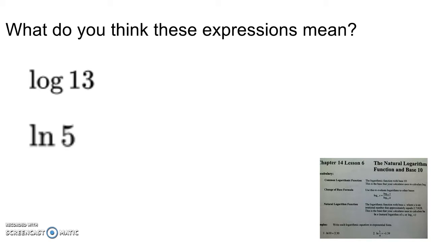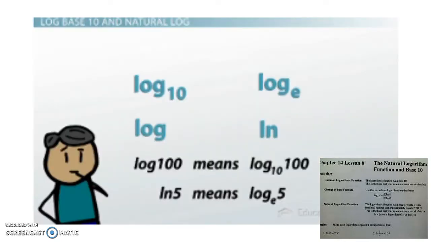Well, we're used to a log with a base written, and log of 13 has no base to it whatsoever. And ln 5, if I wasn't aware that we're talking logs, this wouldn't mean anything to me at all. So now I need to start thinking about what it is that we could be referencing with this notation. When we have log without a base, it's understood that we're talking about base 10, and the ln